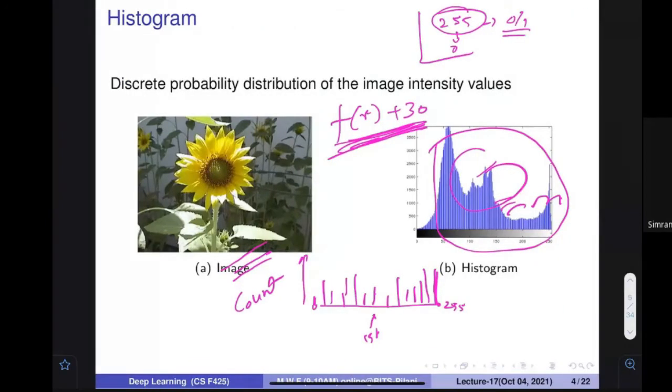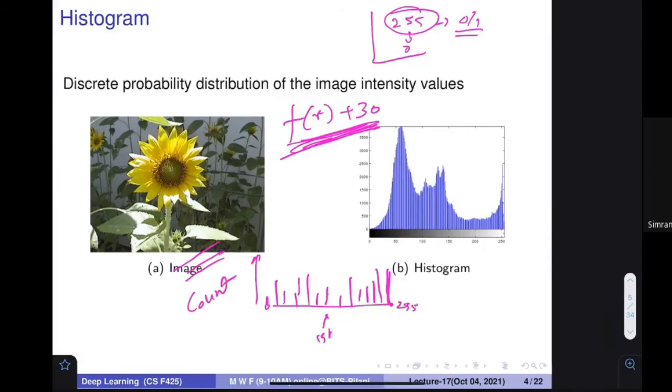We have also seen a very important notion: the profile of an image, obtained by using the histogram. If you count how many pixels have a particular value and plot them, you mostly get this kind of diagram. In the last class we saw that this diagram is called the histogram.